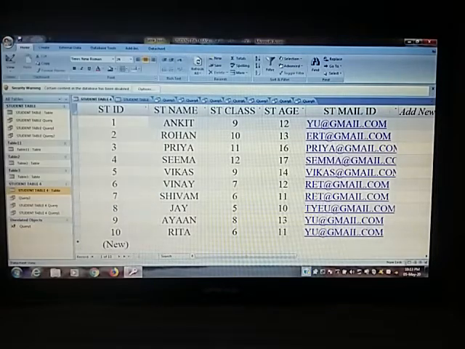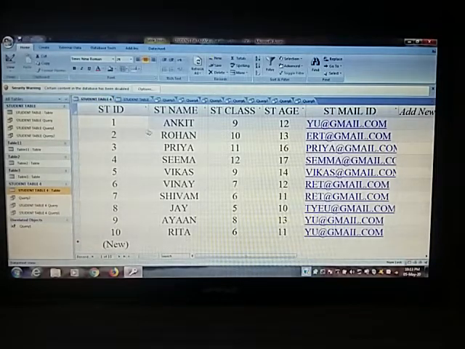This is the table which I have already made. In this table you can see there are 10 students, with student name, student class, student age and student mail ID.